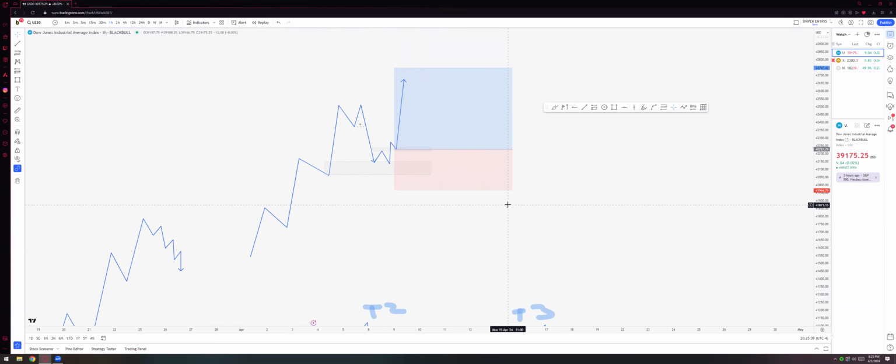Remember that in every single setup that we're looking for, we have to see 3 things for us to take the trade. Number 1, we need to see the liquidity grab. It has to have a liquidity grab. We cannot take a trade if we haven't seen the liquidity grab. Second, we must tap into our order block. If it grabs liquidity like this, and it doesn't tap into the order block right here, like say it breaks here and then starts going up without tapping into the order block,